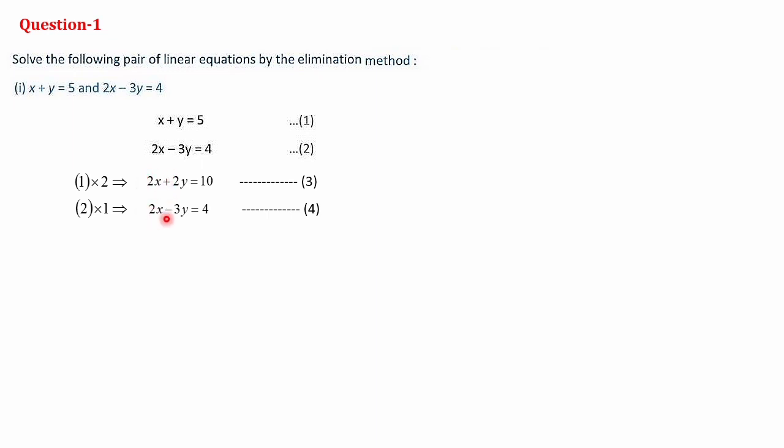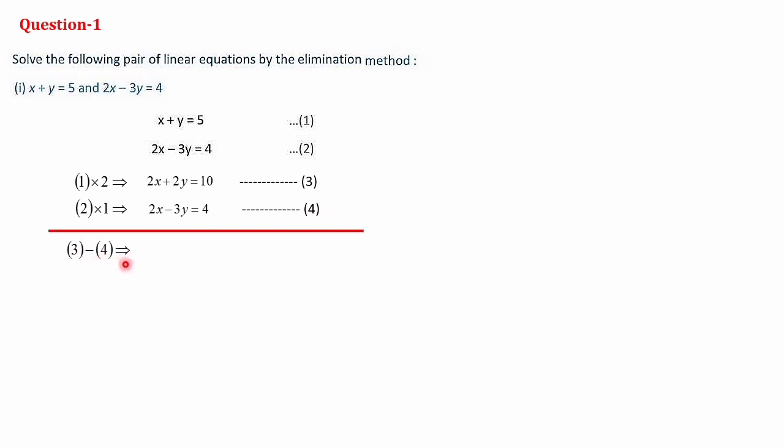I have to go for the elimination method, which means I have to eliminate, remove a variable. Here my variable is x, so if I want to remove x from these two equations, what I have to do is subtract, because 2x minus 2x is 0. x will be completely removed, eliminated. So that is what I am going to do, I have to subtract 3 and 4. So equation number 3 minus 4 implies.